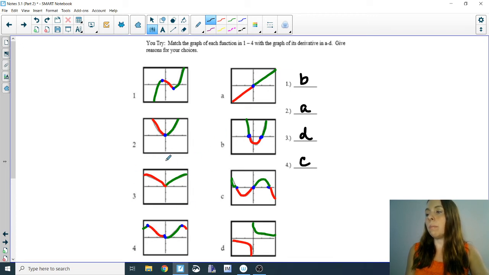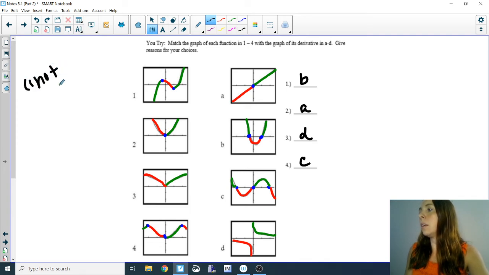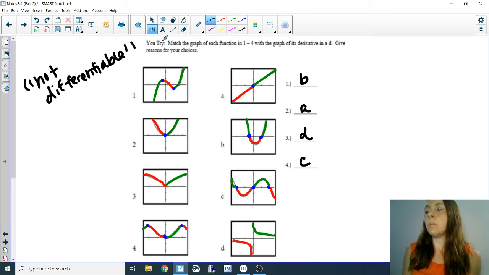One other thing I want to mention is for number 3, this is another place where you see a point that we are going to say is not differentiable. I'm just going to write those words off to the side so that you can see them, because pretty quickly this is going to become very important. The word differentiable. Not differentiable means the derivative doesn't exist,